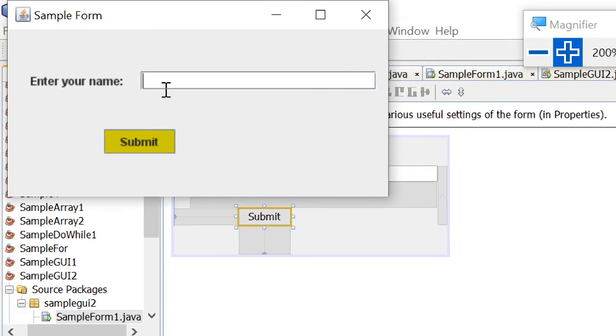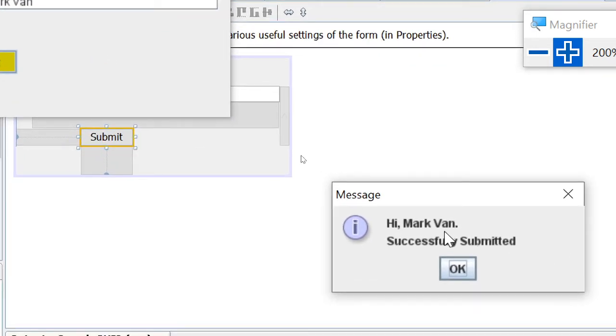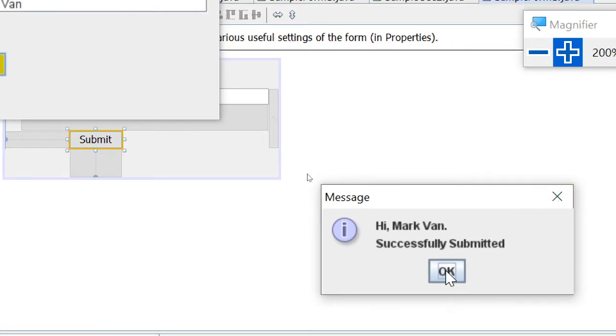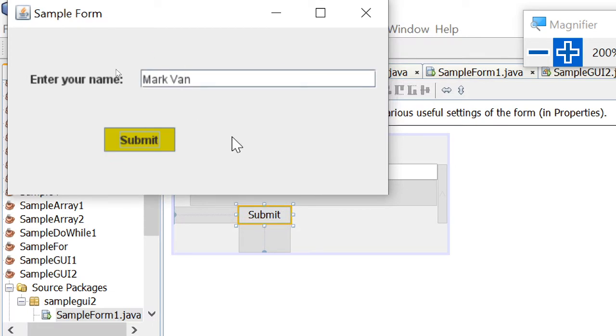So I will write my name, Mark Van, and click submit. Hi, Mark Van, successfully submitted. Yay, congratulations. Alright. So let's say, for example, you want to clear or erase or remove the text. You can just simply remove it, but that is a tedious process, no? If there might be multiple text fields there,